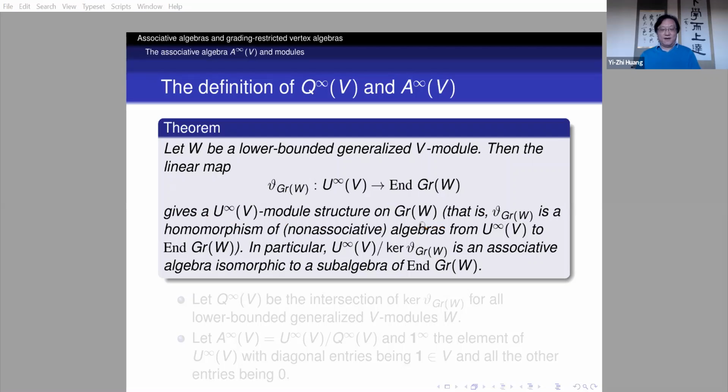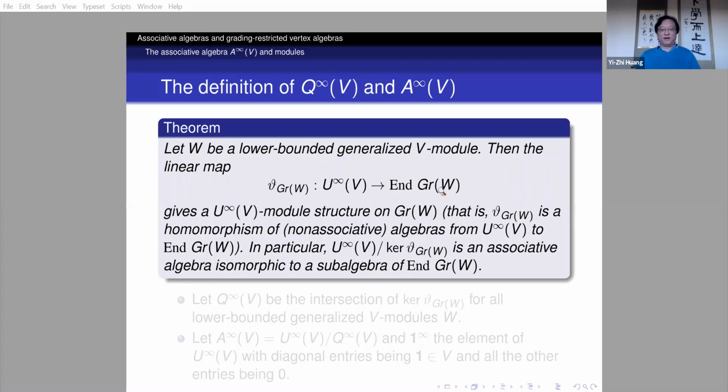This U infinity V is a non-associative algebra, so you should view this as a homomorphism of non-associative algebras. But the main thing is that the endomorphism of the associated graded space is an